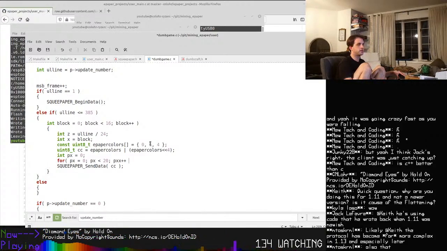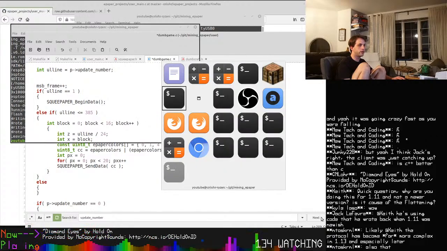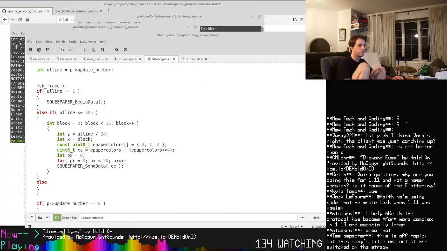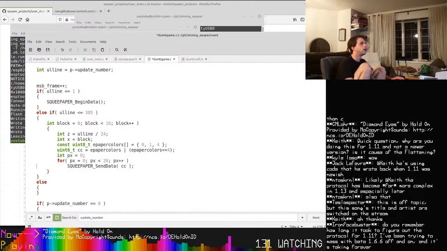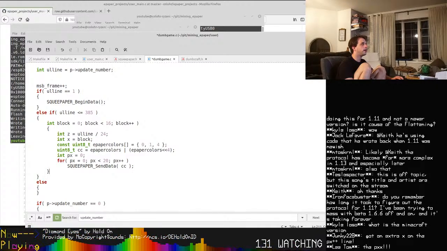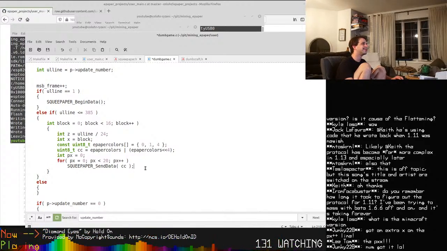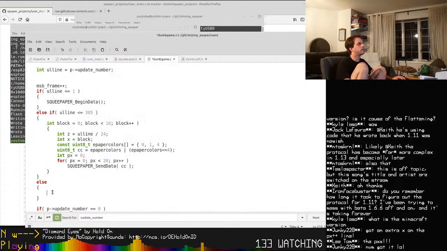Okay, just want to make sure it wasn't something weird. Also, I keep forgetting to check to make sure. Okay, no, so all this is still running. Okay, so now we have the blocks, we have the PXs. We're going to be doing 20 pixels at once. Oh my gosh, you guys have so much text you're saying over there. Oh yeah, I already fixed the extra X. Okay. And now if we have the pixels updated,